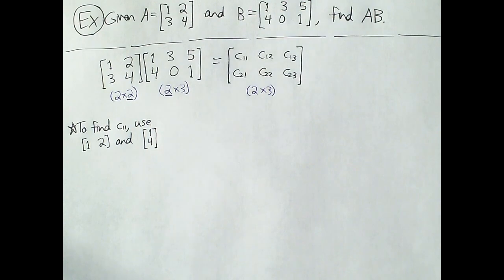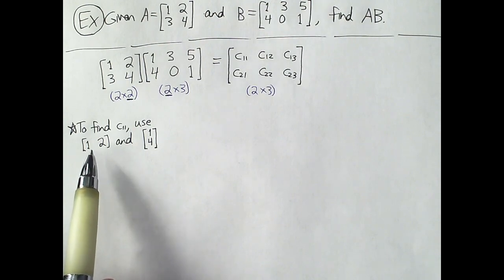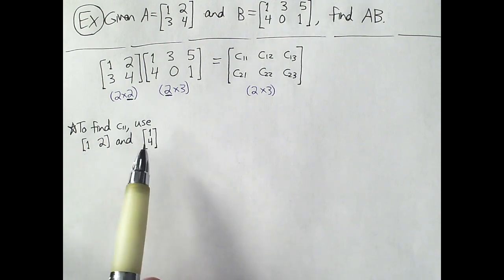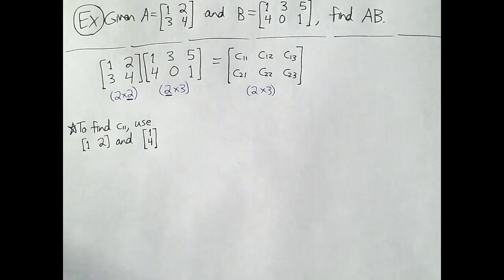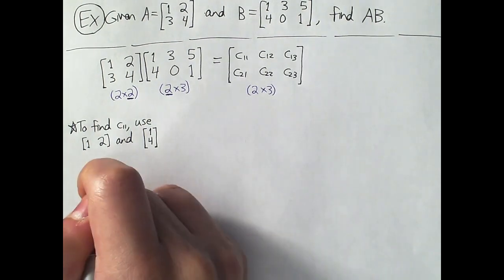That sentence that I put at the last sentence before this example started said that to do this, we use row 1 from A, column 1 from B. How do we use them? The row column rule says,